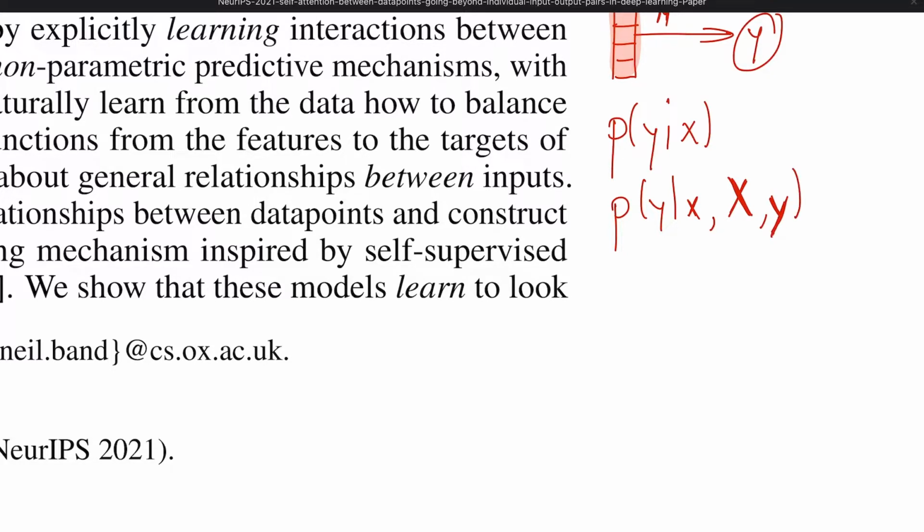So let's make it clear that these are the inputs for the prediction and this is the data that you have. And this is your input and this is the classification that you have. So this model doesn't get as input only the features of one input, but it also gets as input the whole data set that you have